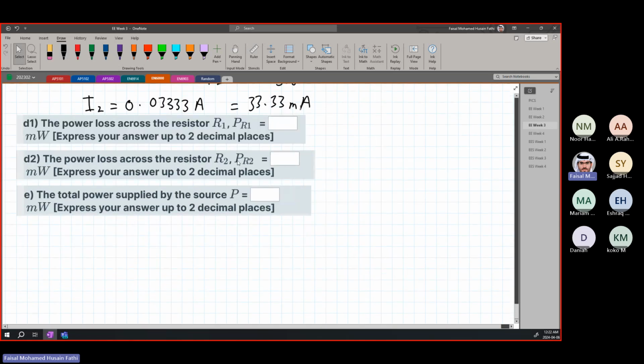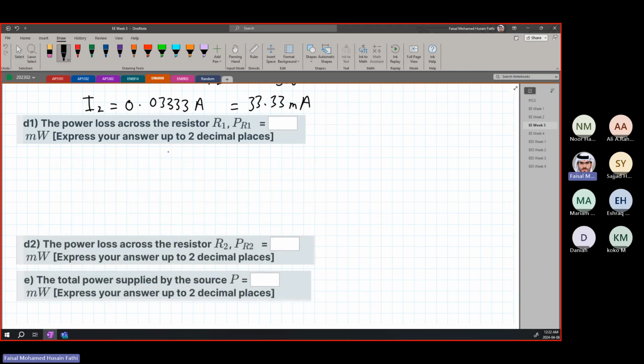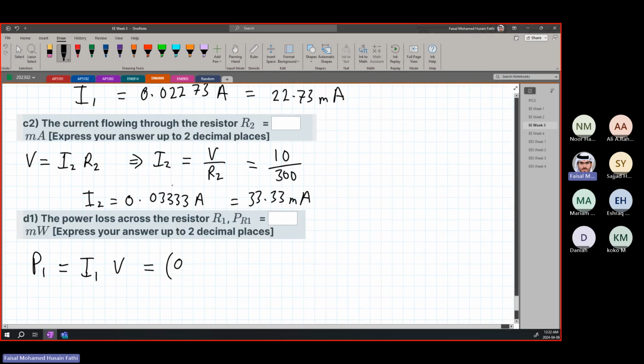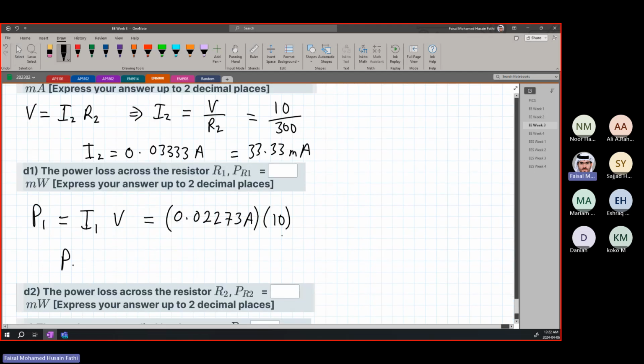Now the power loss across the resistor R1. So power P1 is equal to what? We can use any of the equations. Let's use the IV equation. Current is changing, so we have I1. V is not changing, it's the same voltage. So it's equal to I1. What did we get for I1? 0.02273. Remember, this has to be in amperes, not milliamperes, times the voltage, which is 10. So P1 is equal to